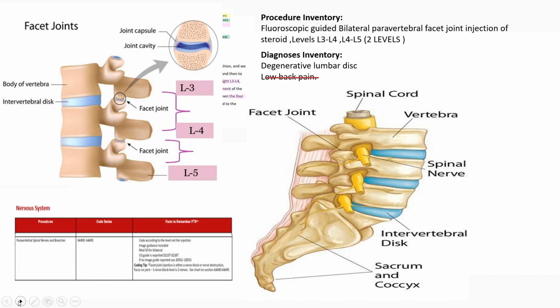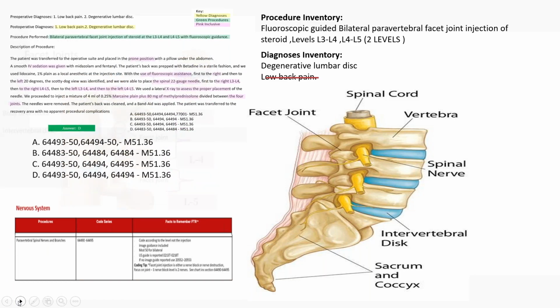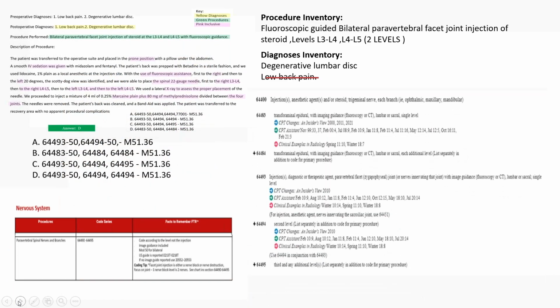Remove the laser point. Okay, let's do coding, coders. These are our code options. Let's look into option B, 64483 with the 50 modifier, 64484. The 64483 is coding for injection,